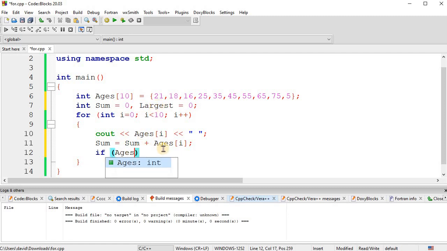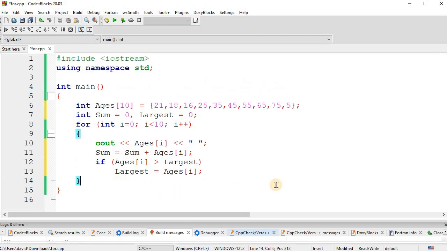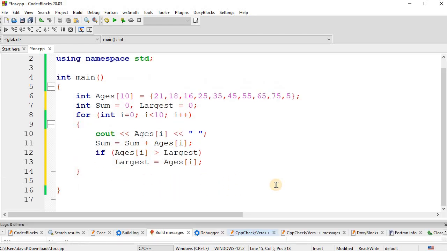If ages index I is greater than the current value of largest, then make the largest variable equal to ages index I, just like that. Okay, so now once the for loop is finished, now we can output